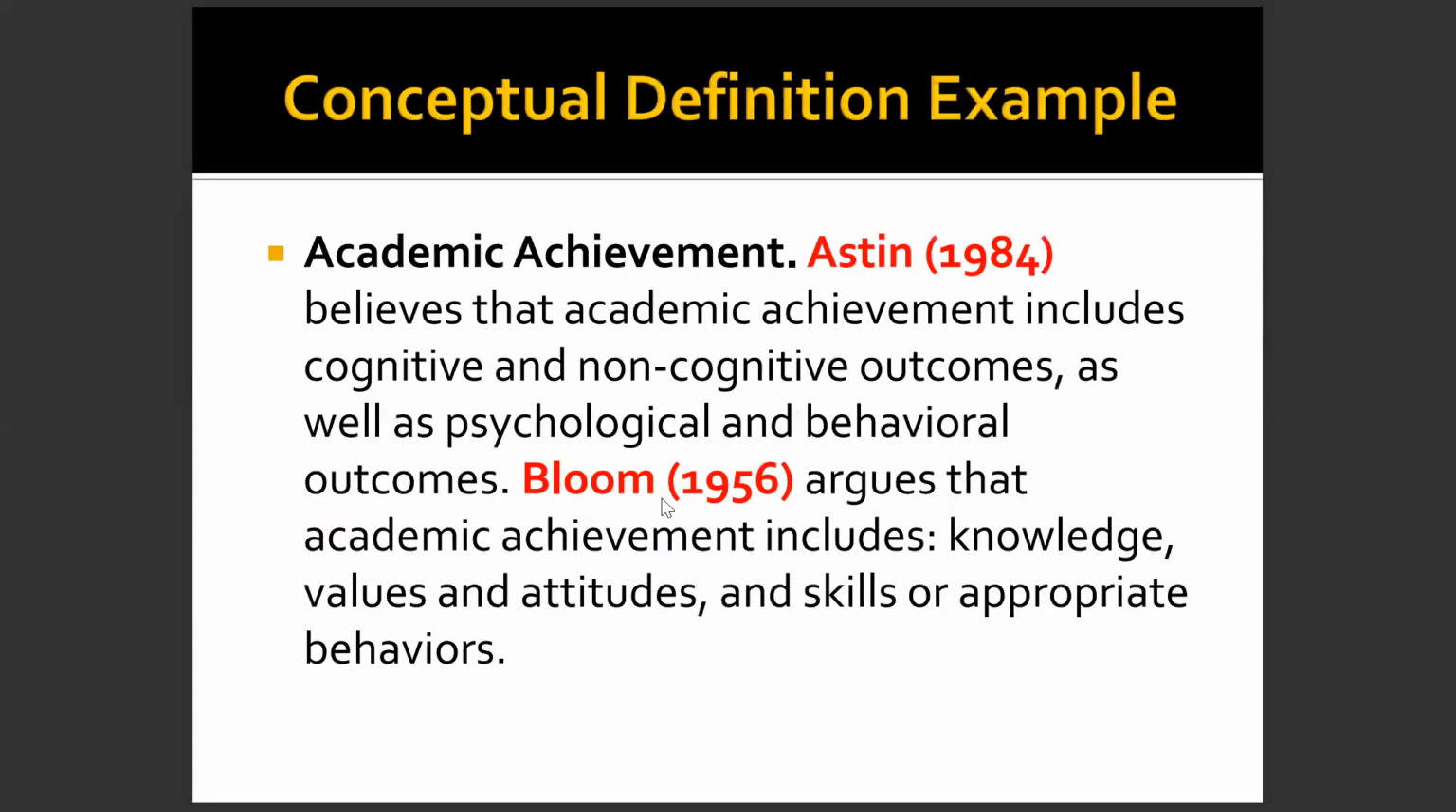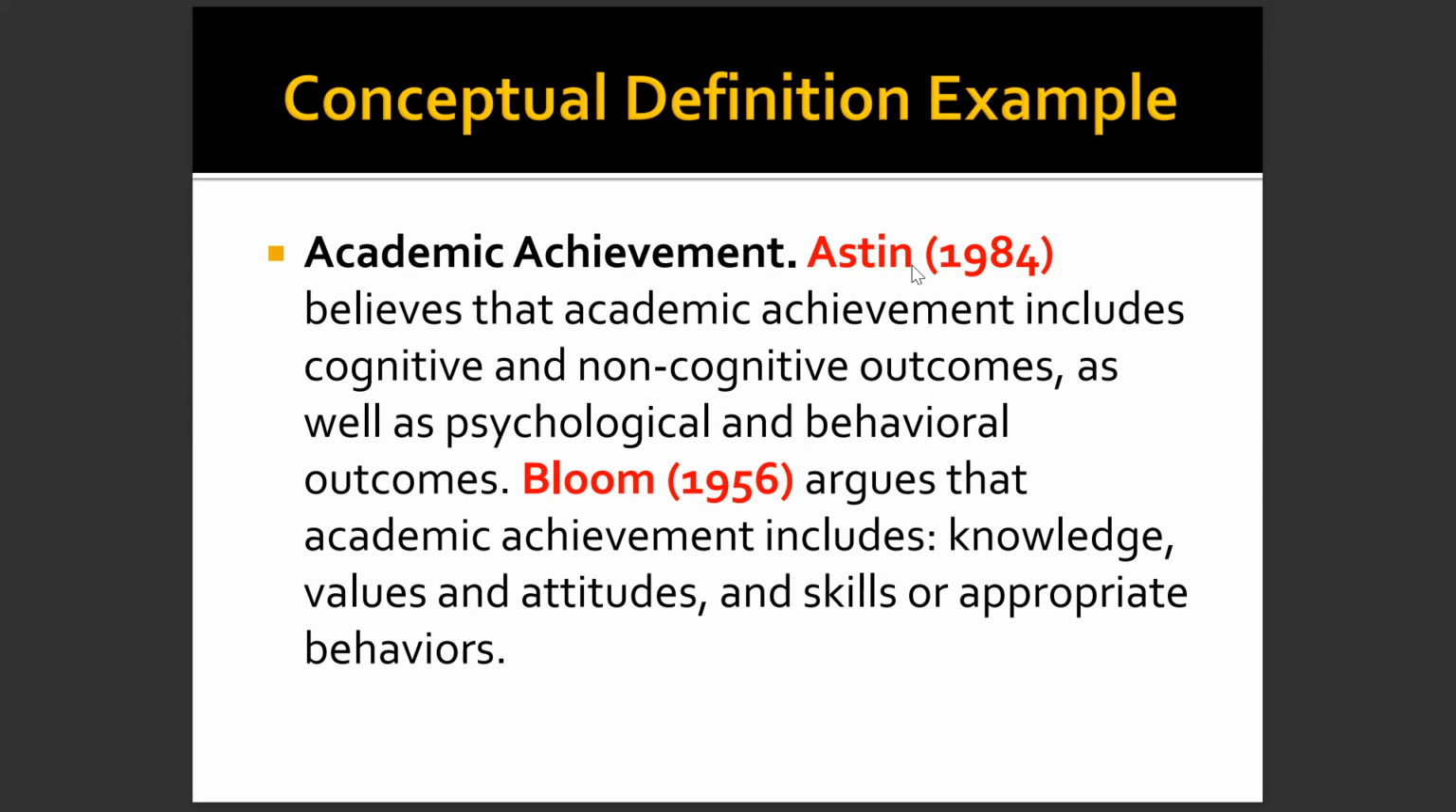Say, for example, the word academic achievement. Astin, 1984, believes that academic achievement includes cognitive and non-cognitive outcomes, as well as psychological and behavioral outcomes. Bloom, 1956, argues that academic achievement includes knowledge, values, and attitudes, and skills for appropriate behavior. So as you can see here, how we define academic achievement in a conceptual definition form is it includes